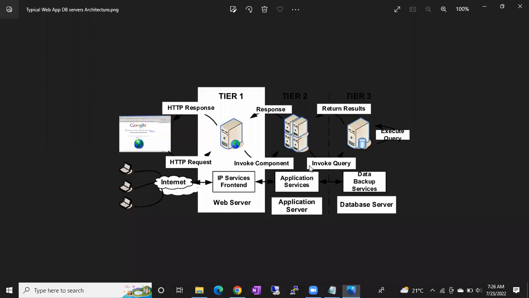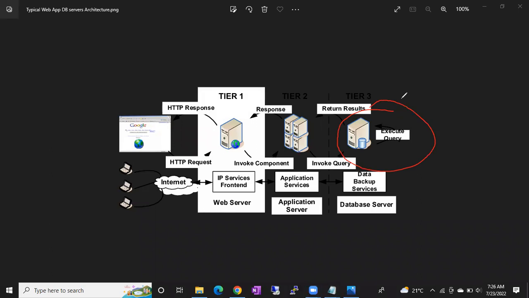So when you click on a particular product, the application server will create a query and send it to the database server. This is your database server, guys.